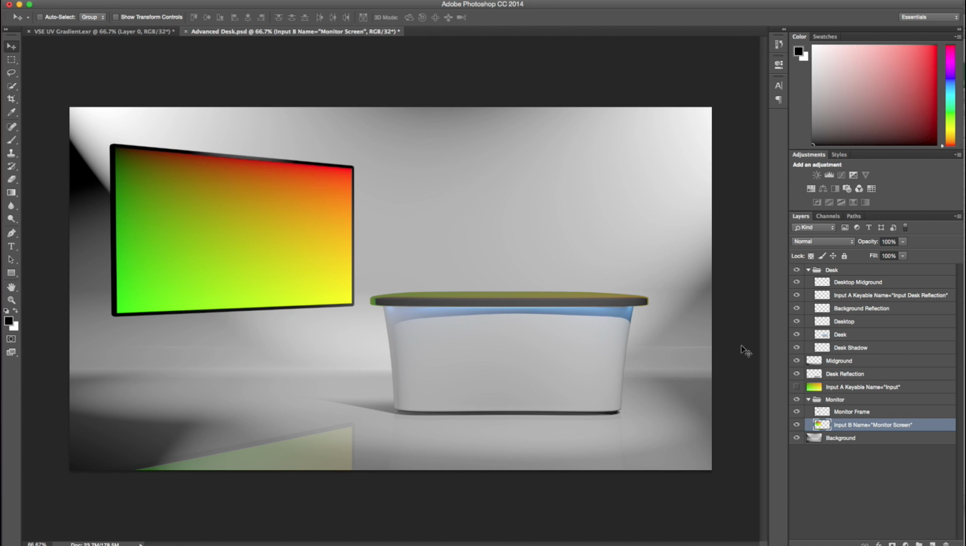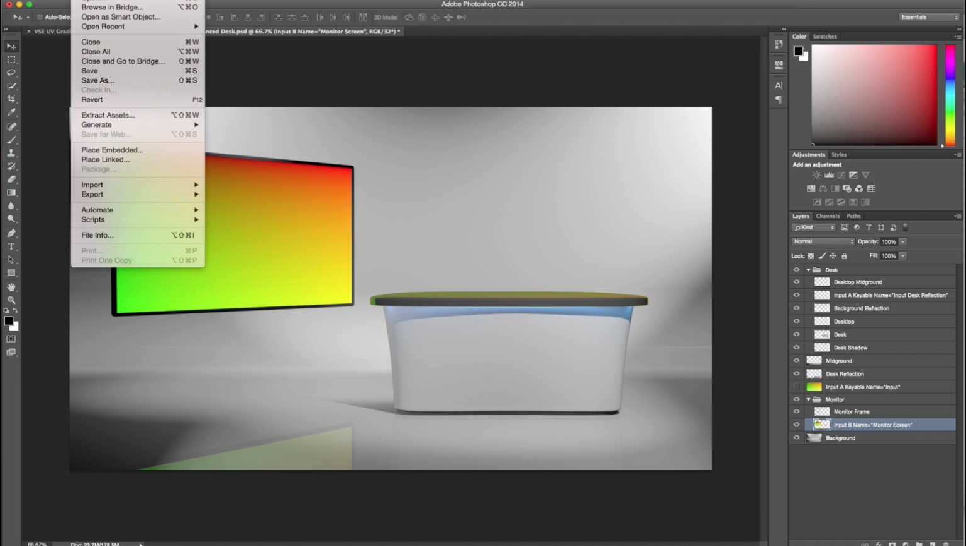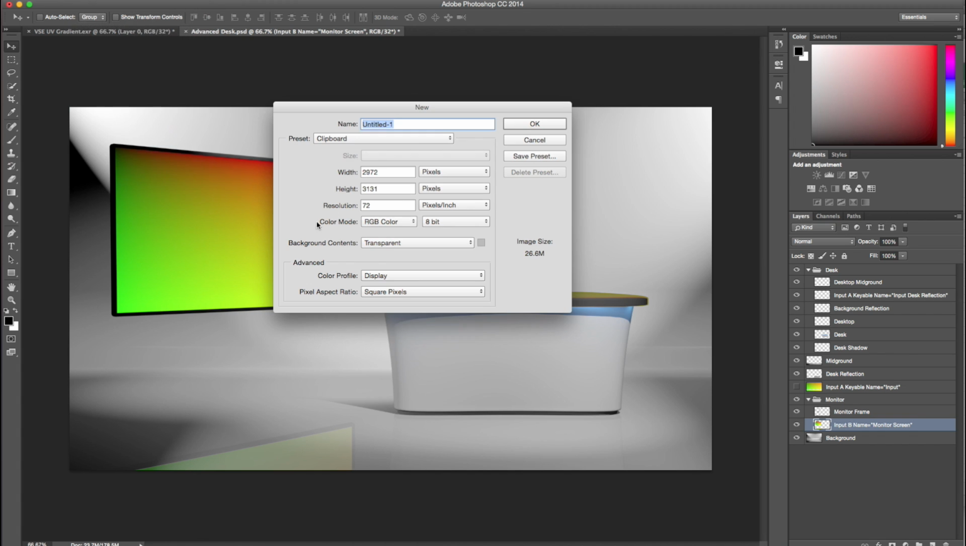So the key things there: it needs to be 32-bit per channel. Also you need to put in input, at least input A, B, C or D, to make sure that it will be selectable within the Virtual Set Editor. And so we can see exactly how that's working. So just as an example, if we were to just prove all this is working,